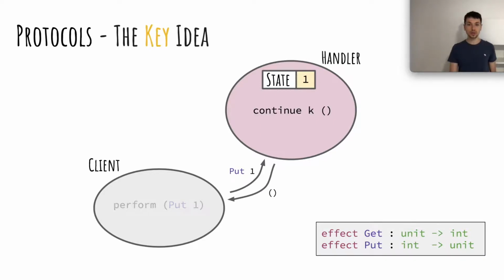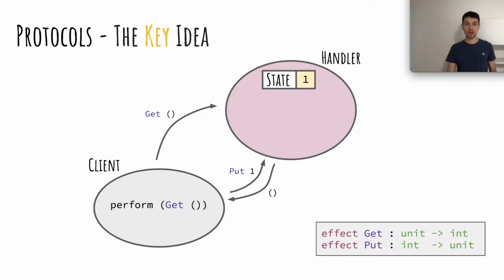Later on, the client can perform other effects such as the get effect. And we can also see it as sending a message to the handler. The handler receives the message and replies to the client by calling the continuation with the reading of the current state. And that's what I meant by interaction